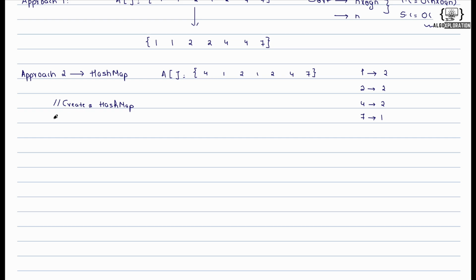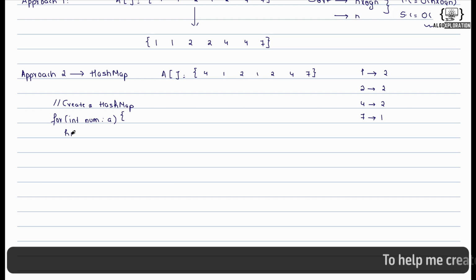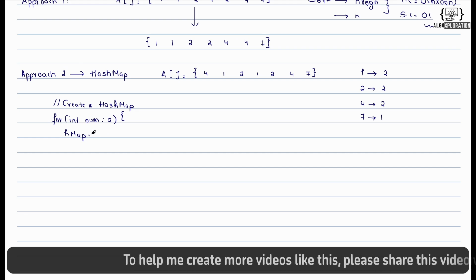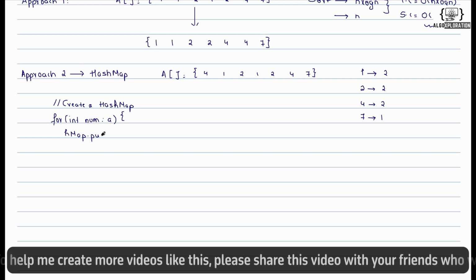We will be using a for loop, int num. Here I will be using an enhanced for loop, num in A, where A is nothing but the array name. Now HMap, here the hash map name is HMap, dot put